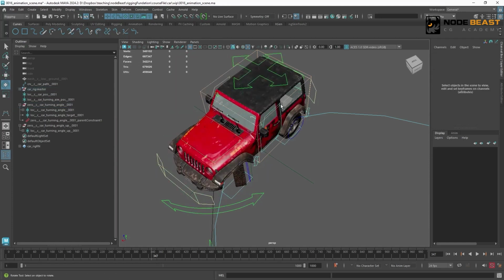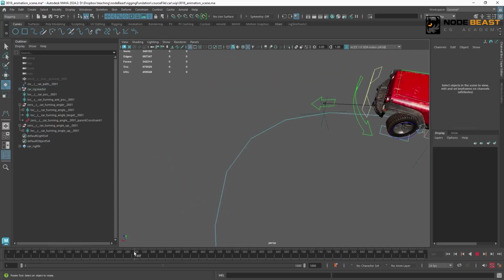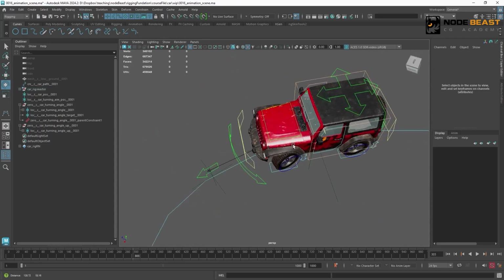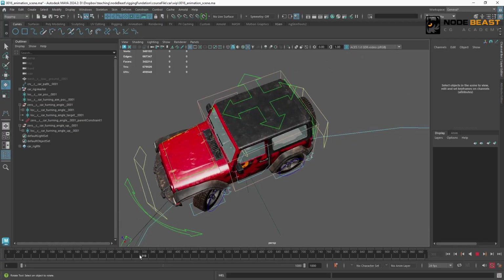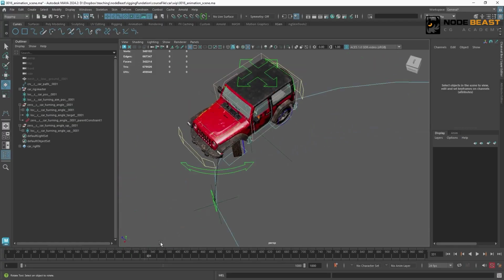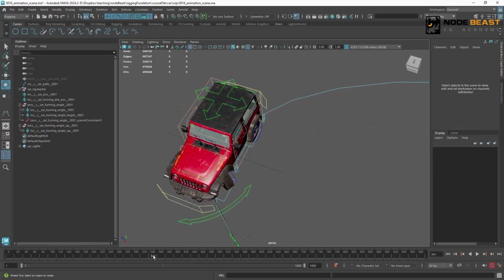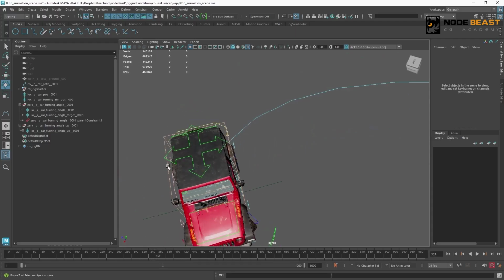So what effect do we want? First, before the wheel turns to a certain angle, the car body shouldn't drift. For example, at an angle like this, it won't drift. Only when its angle is too large will it drift. And when it reaches a certain angle, the drift should also have a limit.